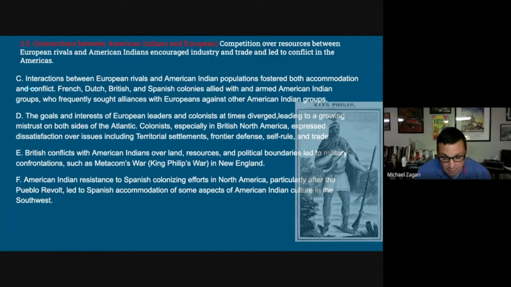They intermarried with various Ojibwe groups in the Great Lakes regions, various Algonquin-speaking groups, and they had trading partners with them. They were trading with these American Indian groups for land and for metalware, for stone pots, for gunpowder, whatever the case may be. Their biggest thing was the fur trade. So the American Indians were helping them with the fur trade, and the French were in turn giving them these